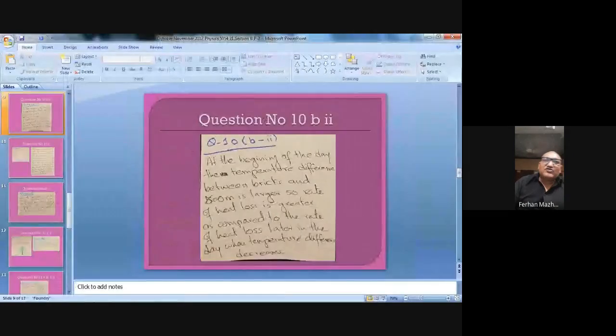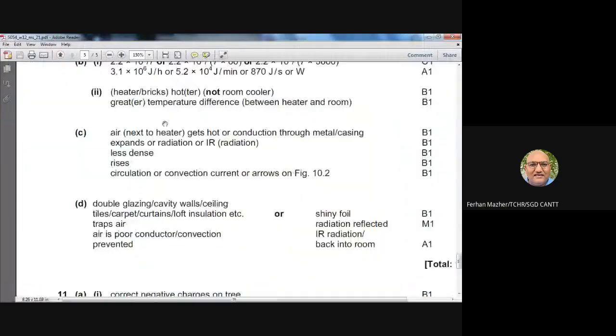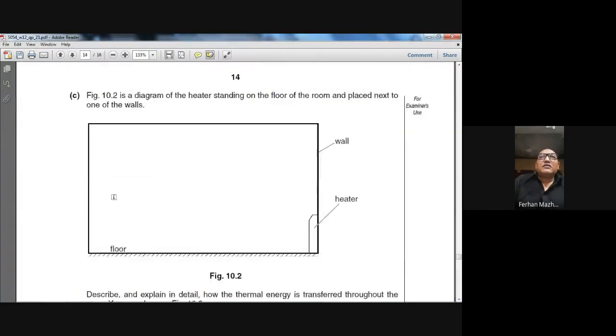Let me check what the marking scheme says. So it says the heater bricks are hotter, not the room cooler, so there is a greater temperature difference between heater and the room. So I hope that you will be able to write whatever answer I give. Just write that answer. It's perfect. Now,